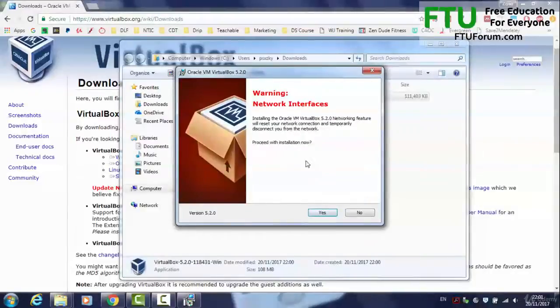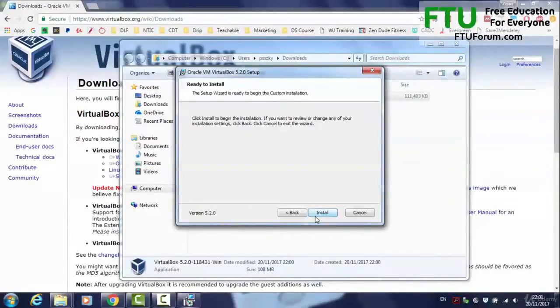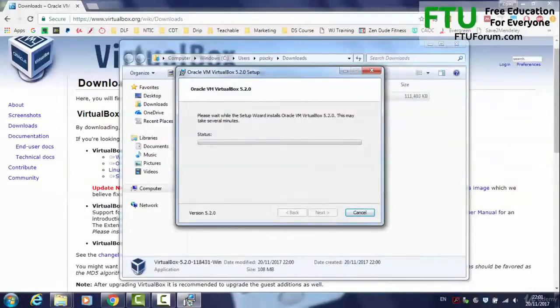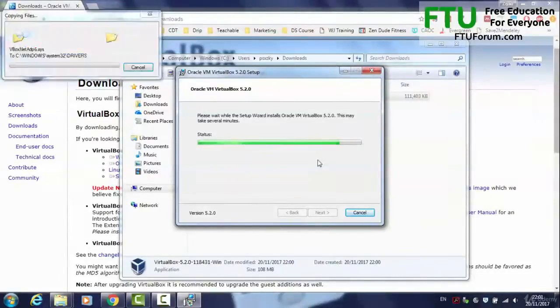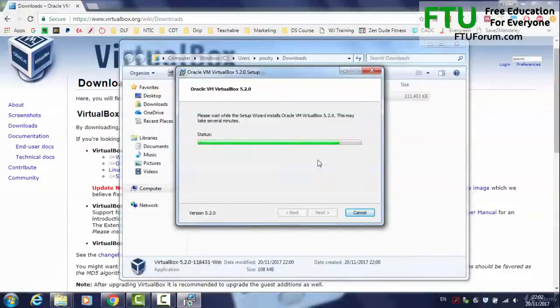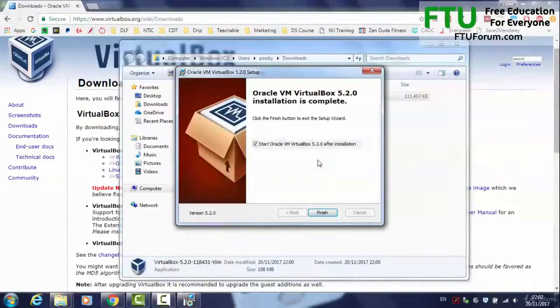It's going to say, hey, we might need to access your network interface. Just say yes, don't worry about that whatsoever, and click install. It might give other pop-ups. Go ahead and click yes to any pop-ups that come up, or click install, or just give it permission. Whatever it needs, just go ahead and do it. It's just going to be giving VirtualBox the ability to have your virtual machines access the internet, which is usually a useful function. So just click yes to whatever it asks for,